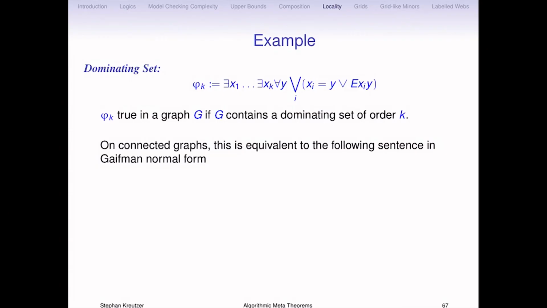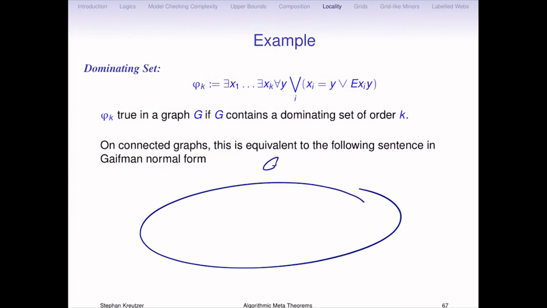So here's your graph. And you're allowed to put k vertices in the dominating set. So you put one here and it can dominate 2 of them. But let's say what happens if you have a very long path in your graph, an induced path. Let's say the diameter of your graph is big, like this. Well, what can happen? You need to dominate them all. Let's say it's just a path.